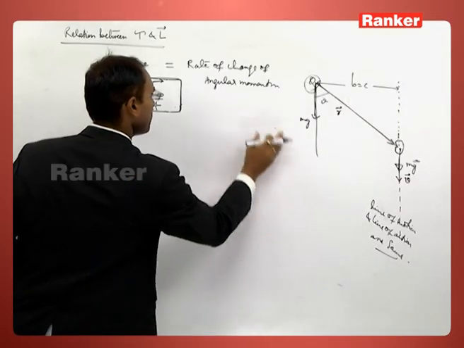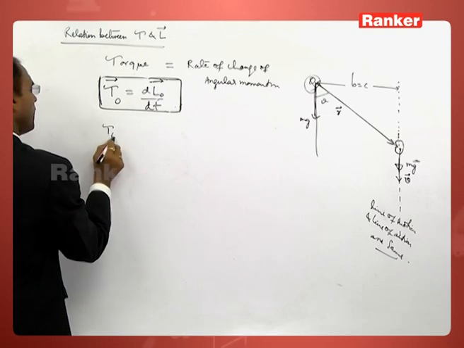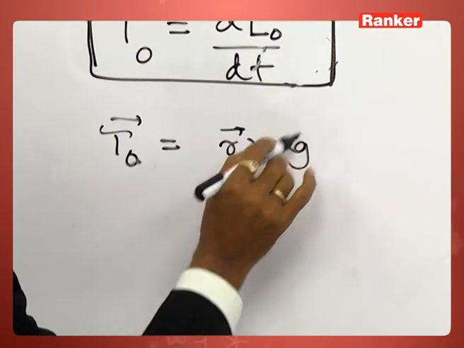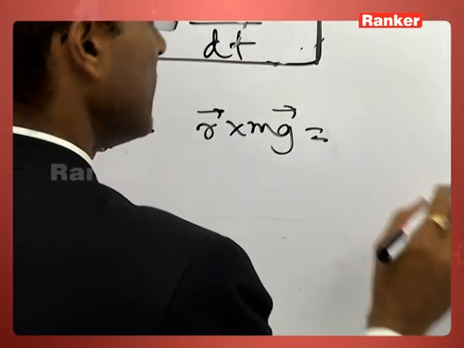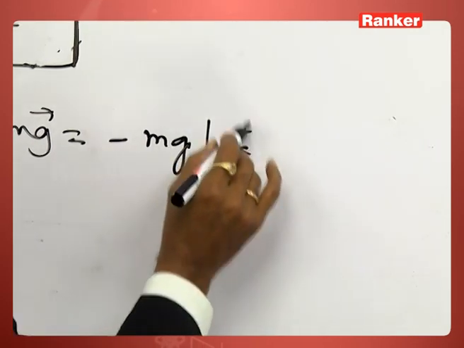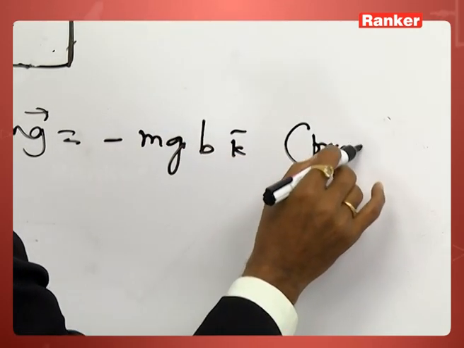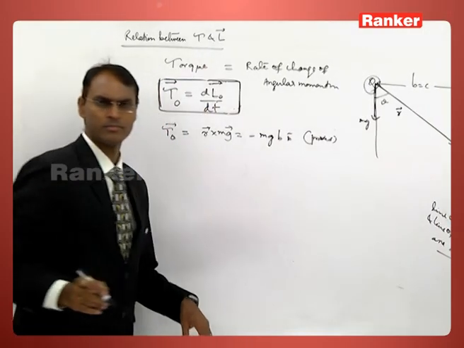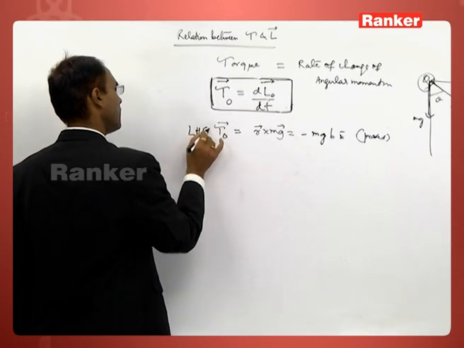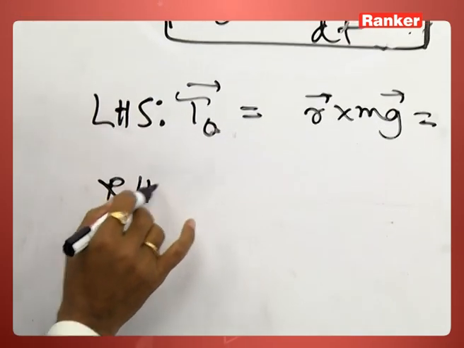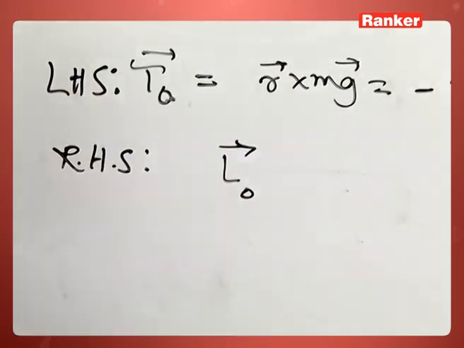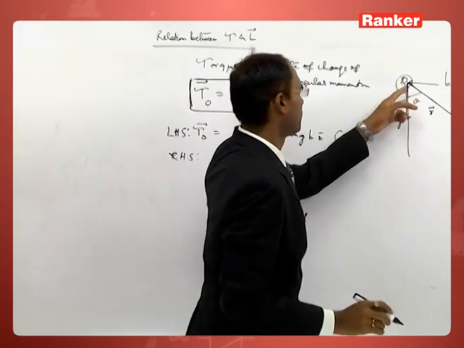Let us verify this formula. Tau O is equal to R cross mg, and already you have calculated that. This is mg into B, which direction? Minus k direction, proved earlier. This is the left hand side. The right hand side, if you take angular momentum about this origin,